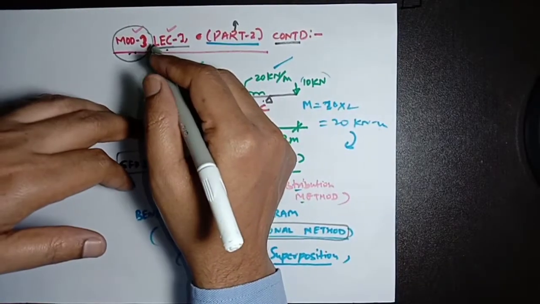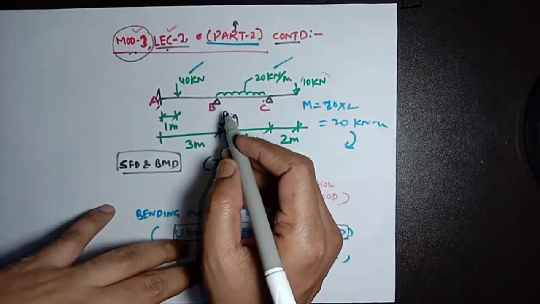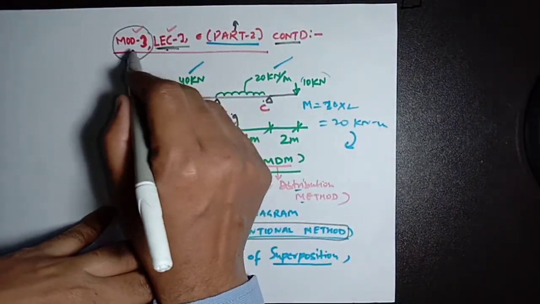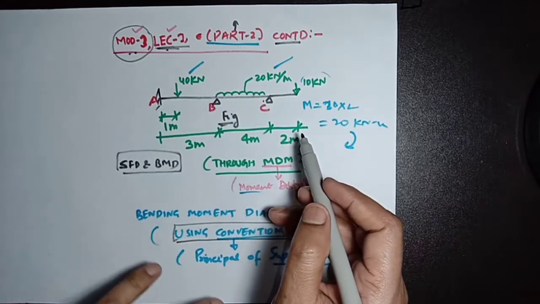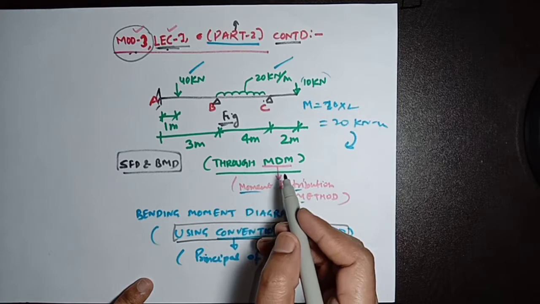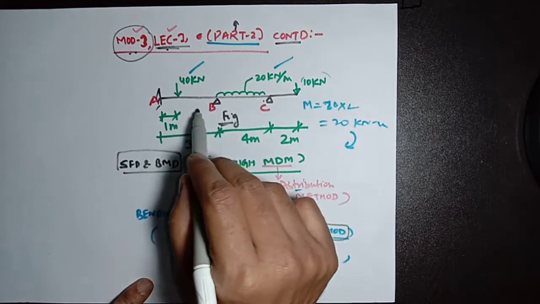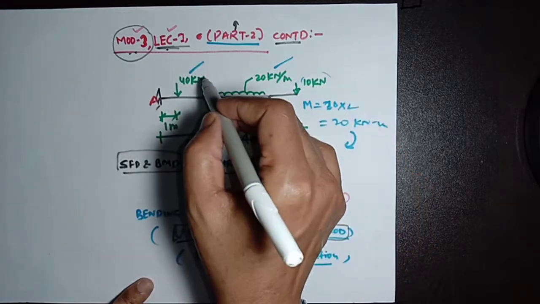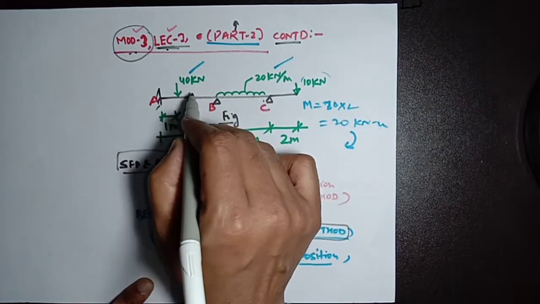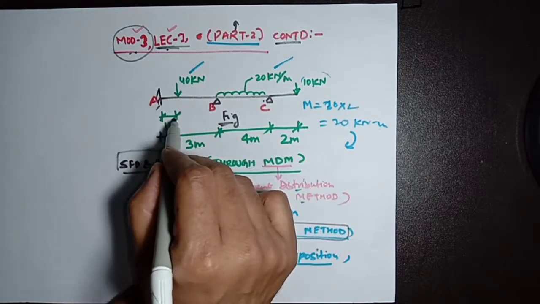Dear friend, I am here with part 2 of lecture 1 of module 3. In lecture 1 of module 3, I have drawn the shear force and bending moment diagram for a continuous beam AB and BC, which is subjected to this loading pattern: a 40 kilonewton point load at a distance of 1 meter